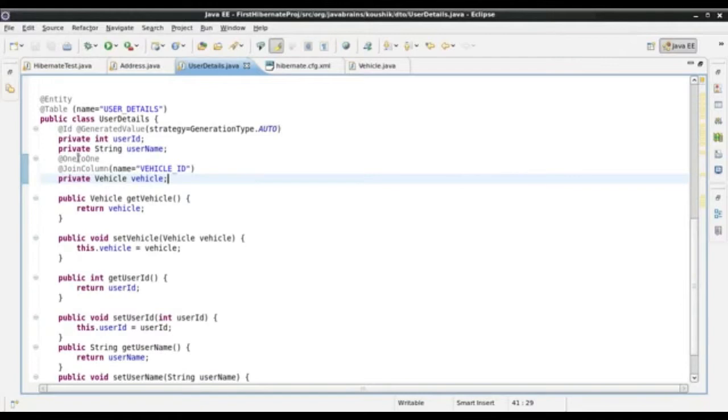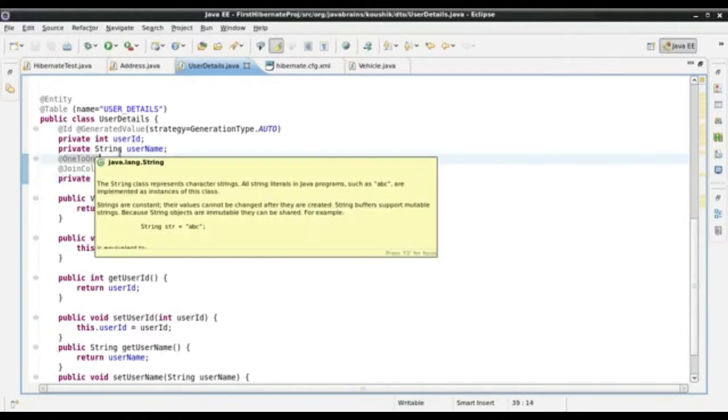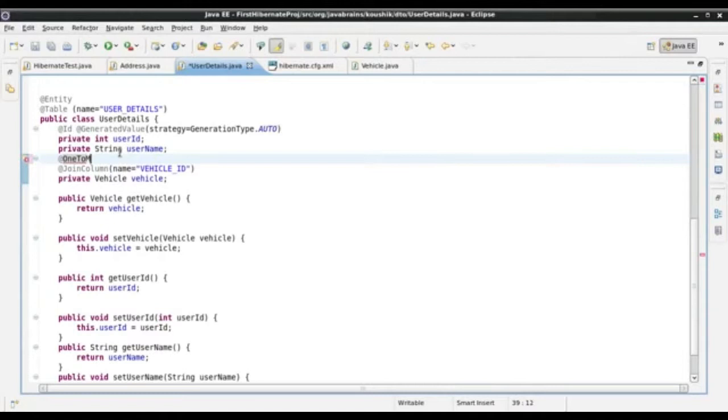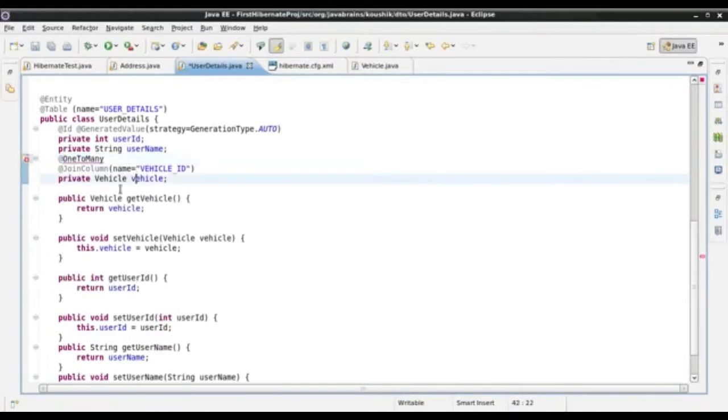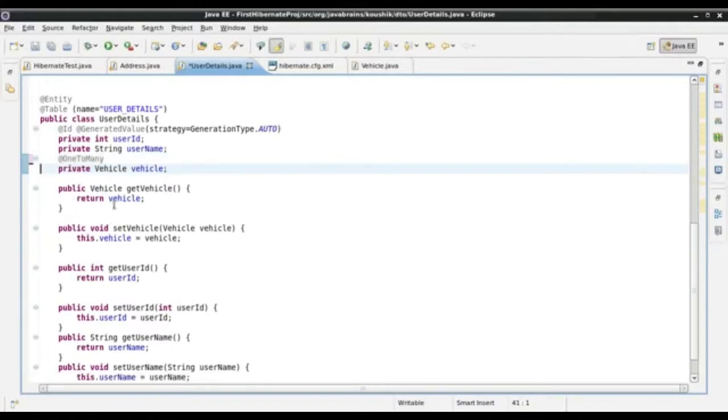Just like one-to-one, one-to-many is as simple as just having a one-to-many annotation. Now I just have to import this. So all I'm doing is having a one-to-many annotation. I don't even have to give the join column, just like the one-to-one. Join column is optional. So I just declare one-to-many, and then I define a collection set here. So I just have set of vehicle,